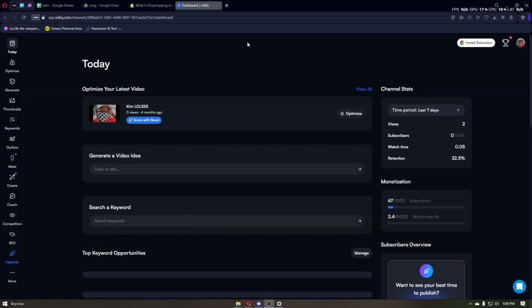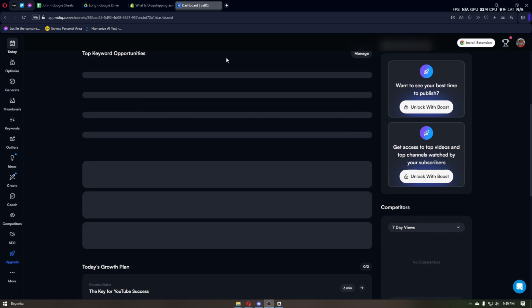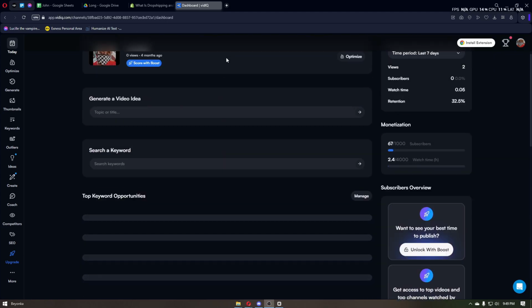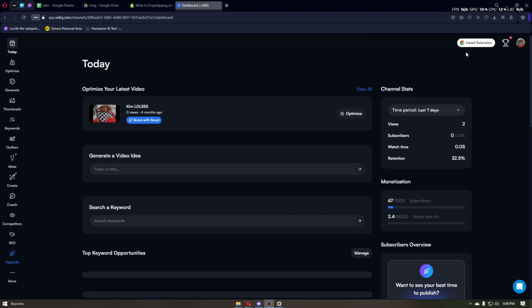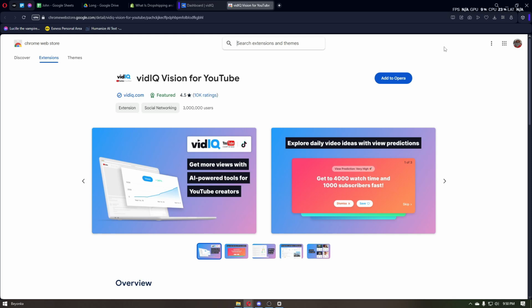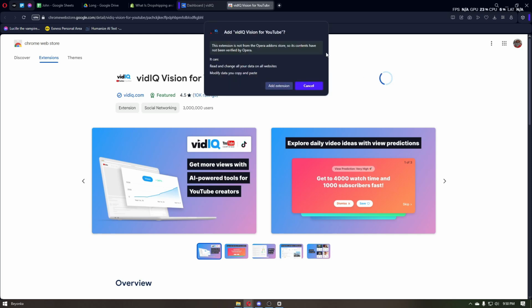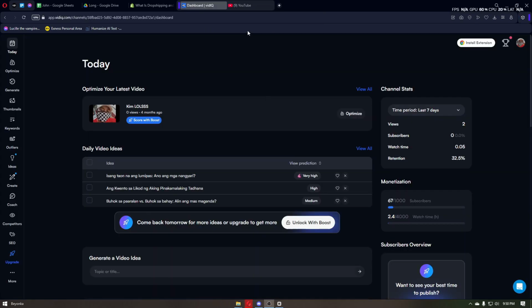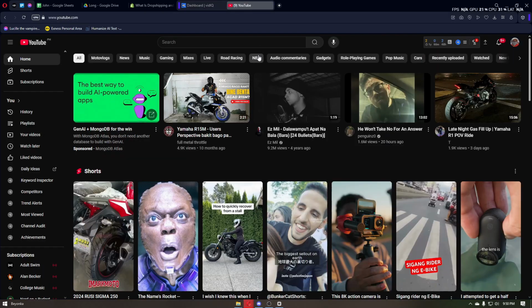And right after loading in, it will take us to the dashboard overview of our YouTube account right here. So basically, this is the entire overview of VidIQ, and if you want to install the browser extension, you can just click on the install extension button. Now, it is really important to install the VidIQ extension in order to use the full features and capability of this SEO tool. And so with the VidIQ extension, you will be able to research some videos and keywords